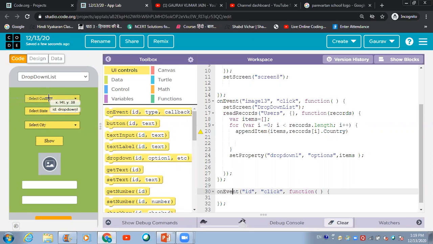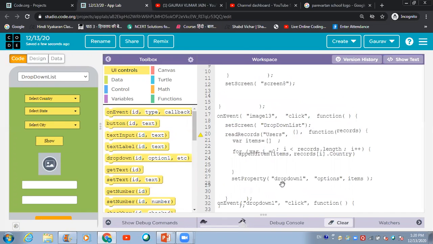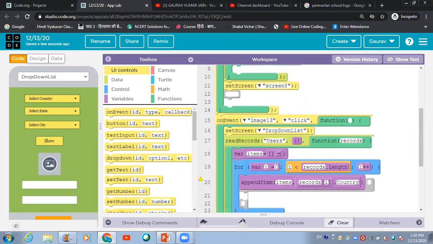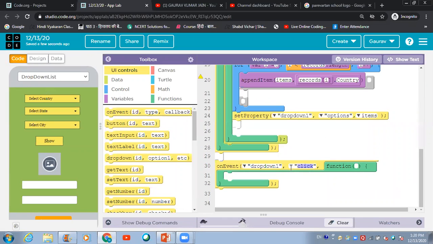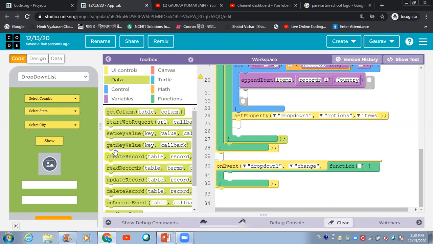Now the ID of this first drop down is drop down 1. So we need to replace this ID with drop down 1. Okay. So when the user will change the selection of this drop down 1, I would again like to read the records